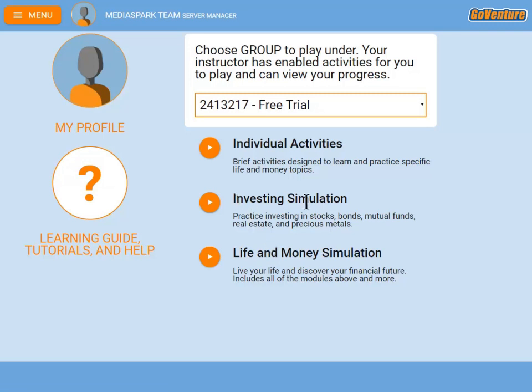The investing simulation is available if an instructor just wants you to participate in an investing only simulation with no personal finance decisions to make at all. So if it's just investing, just stocks, bonds, mutual funds, real estate, and gold, you might just play an investing only simulation. Whereas if it's broader than that, that's where you would actually play the life and money simulation.